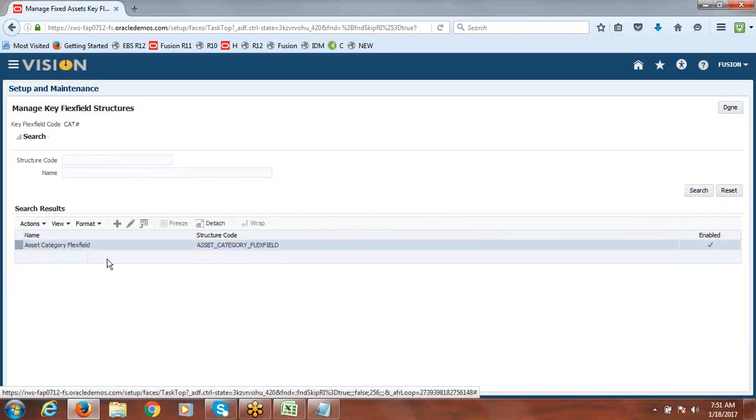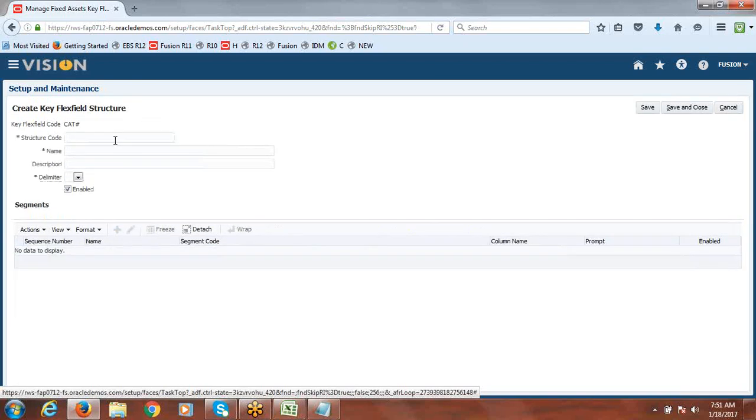Nobody created one in this environment for practice, but we'll create one for our understanding. Just say create. I'll give the name as Fusion category flex field. The delimiter is nothing but the segment separator, and save up to here.